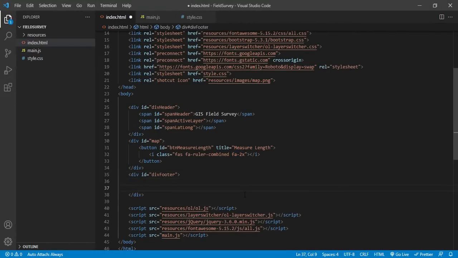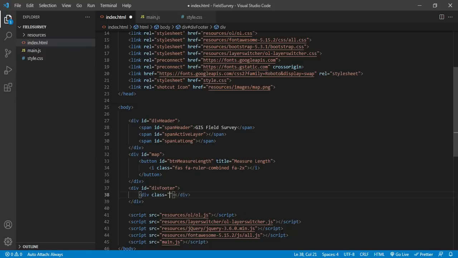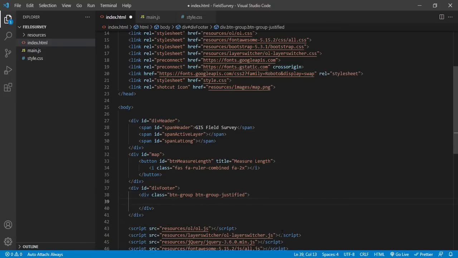Let us do that. For this div element, I am defining the class. Now you can see over here I am using a bootstrap class of button group and button group justified. It provides a beautiful button look and feel. So I am using this functionality. So I have defined the div element with button group and button group justified, and now I have to create various buttons. So again, creating a button element,